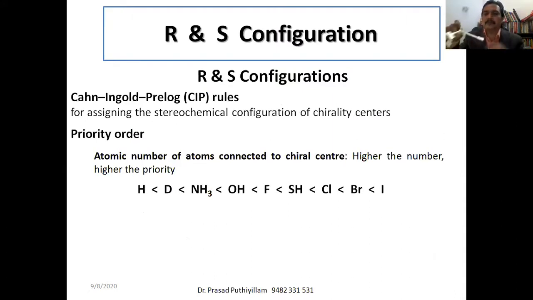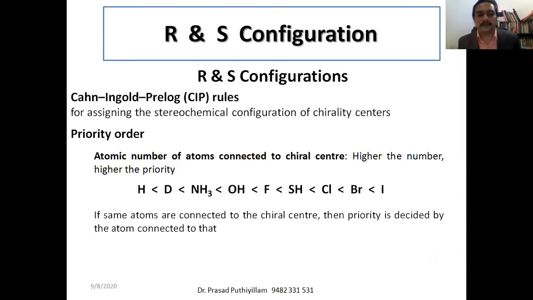If all the atoms are different, such as fluorine, bromine, hydrogen, and chlorine, it is very easy to give the priority order. It is a little bit complicated if the atoms connected to the chiral center are the same. Then the priority is decided with the next atom connected to that atom. For example, in the schematic representation on the screen, say chlorine, hydrogen, whereas the other two atoms connected to the chiral center are the same, then it will not be a chiral center. Therefore, it has some other group connected to it. Then only we can say that it is a chiral center.